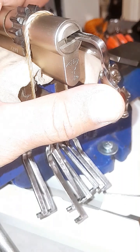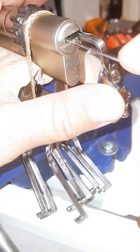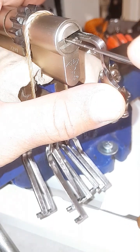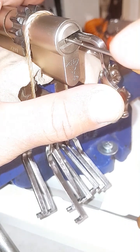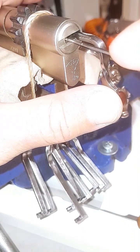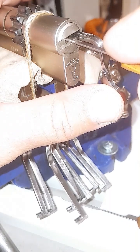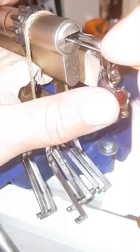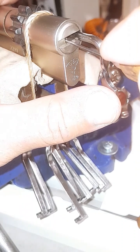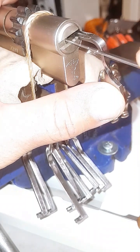Nice, perfect. And now interactive out little, and pin number 3, low pin, nice, on the place. Pin number 4, more low from third, good, perfect. Interactive